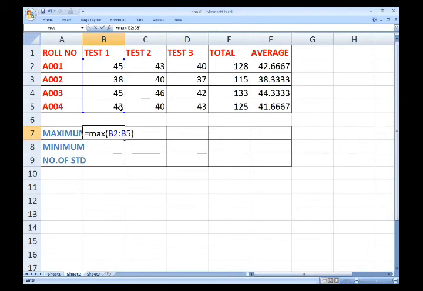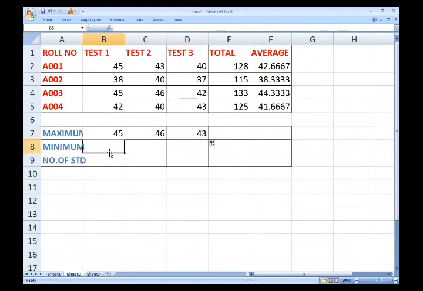Then press enter. You'll get the maximum value here, and for the remaining tests, the maximum marks of test 2 and test 3, just drag it, so you will get the maximum marks of test 2 and test 3 also.